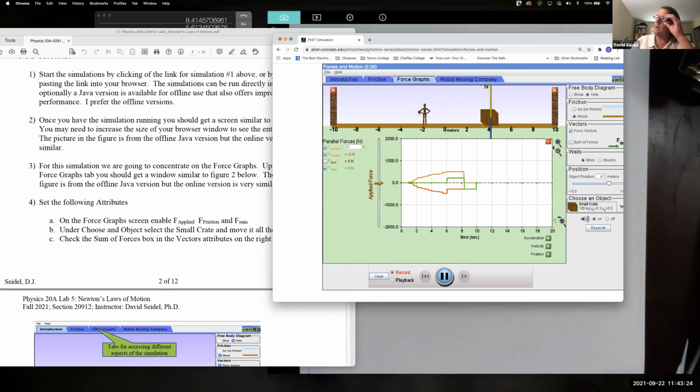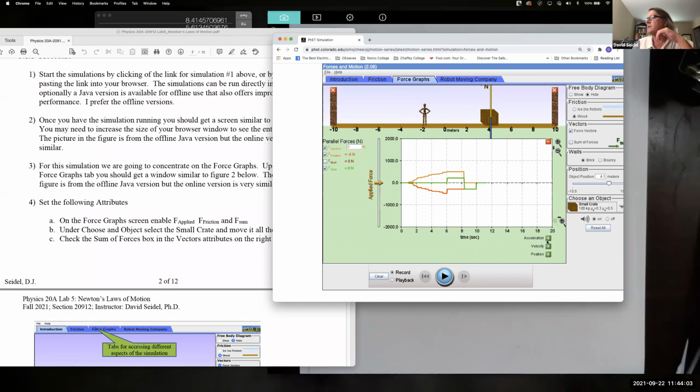Okay. Now look what we have here. Green is the net force. As I keep applying this force, the force of friction keeps going up. This is the absolute magnitude, so I'm looking at the magnitude. It's in the negative direction. I could have been pushing this way, in which case the force applied would have been down and the force of friction would have been up. But it's opposing the force that I'm pushing at. And it's not moving. There's no net force. My net force is 0 and it's not moving.